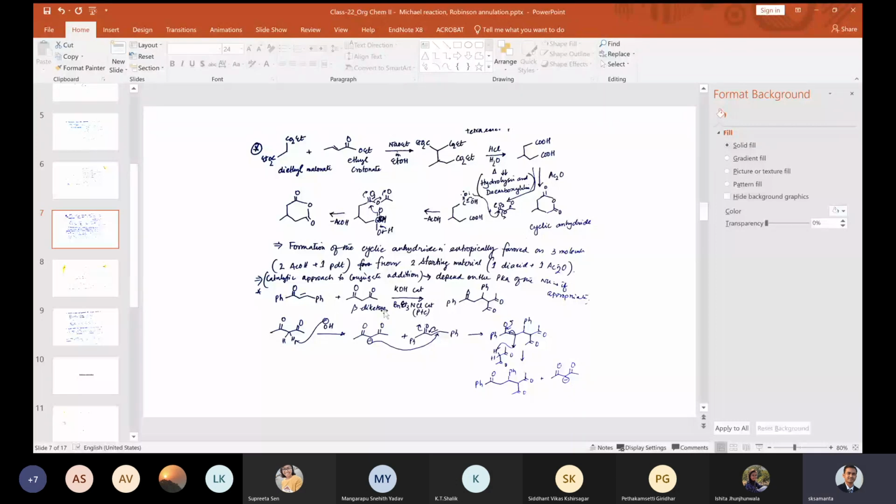You can think in that way, or you can also think that because this is a kind of amphiphilic molecule, it will bind with the organic molecule and it will also bind with the aqueous part. So they bind with the organic part in such a way that the organic part can easily come into contact with the aqueous part. Both are possible. Okay. And can we also use an organic base here, like EtO- or something?